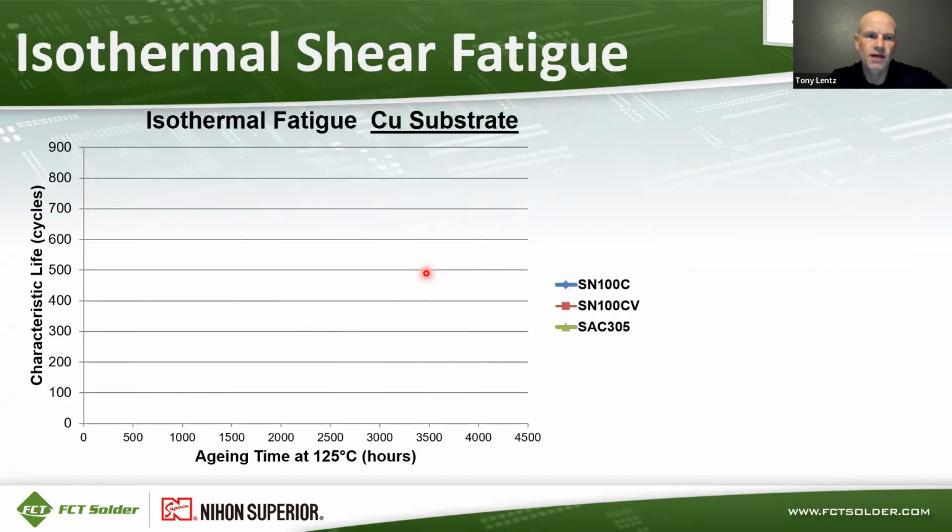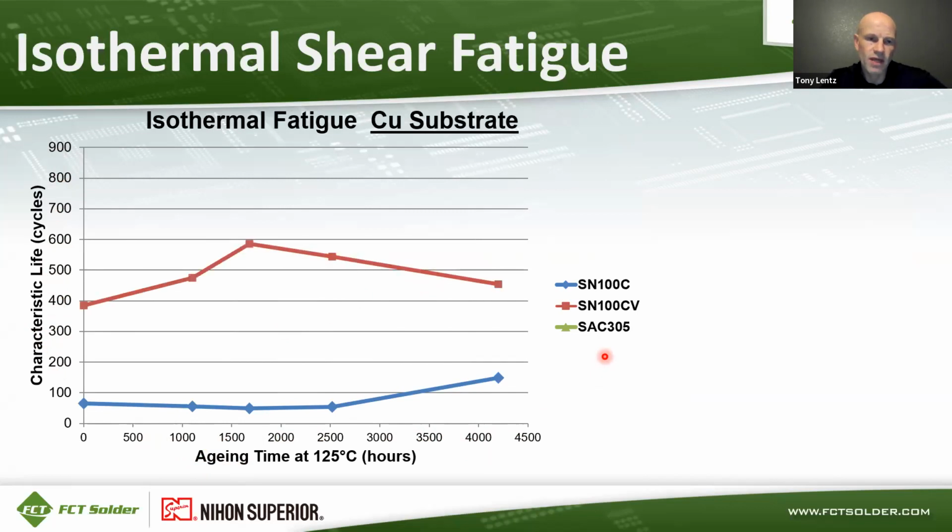Here's isothermal fatigue on a copper substrate. Again, you've got characteristic life on the y-axis and then aging time at 125 C in hours on the x-axis. We've got three alloys here. The blue curve is S100C, which is a stable characteristic life over the aging time of this test. Then you've got SN100CV, which has a higher overall characteristic life and is also stable over the time of this test. And then SAC-305 is this green curve, which starts off with the very highest characteristic life, but then quickly